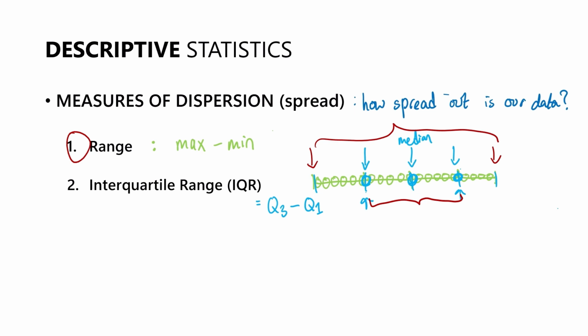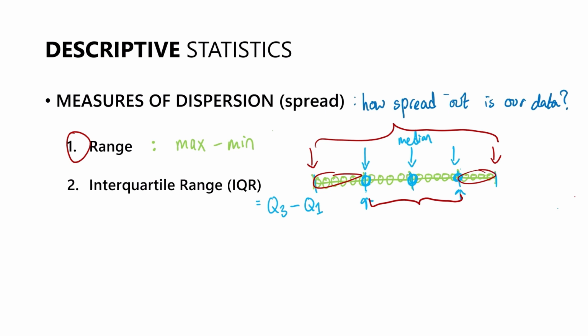So outlier values, or extreme values, would typically be located around these areas. So what interquartile range does is that it measures the spread only in the middle 50%, which is just between the first and the third quartiles. Alright,